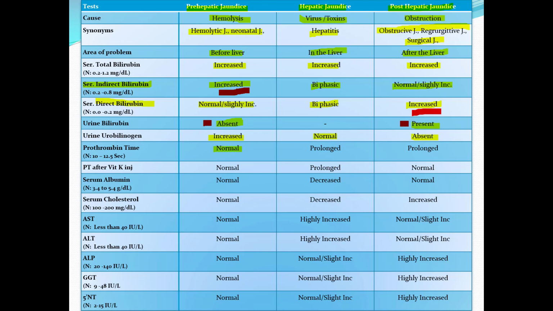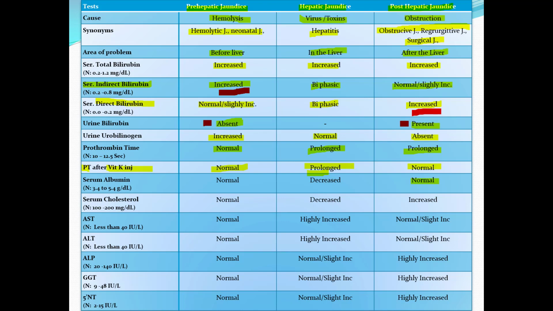Prothrombin time will be normal in pre-hepatic jaundice because there is no problem in the liver. It will be prolonged in hepatic jaundice and also in post-hepatic jaundice. So in order to distinguish between hepatic and post-hepatic jaundice, you have to give a vitamin K injection and redo the PT. If it is normal, it is pre-hepatic. If it is prolonged, it is hepatic or post-hepatic. The prolonged PT will become normal after vitamin K injection